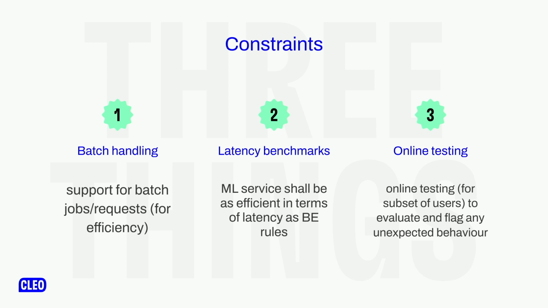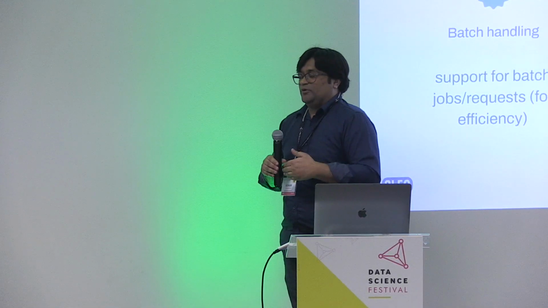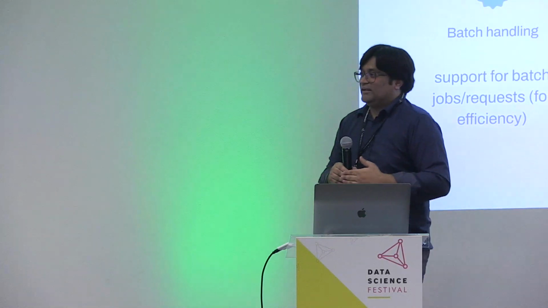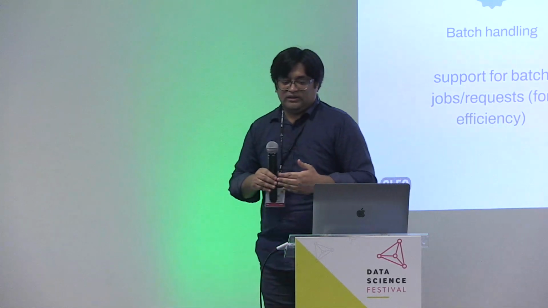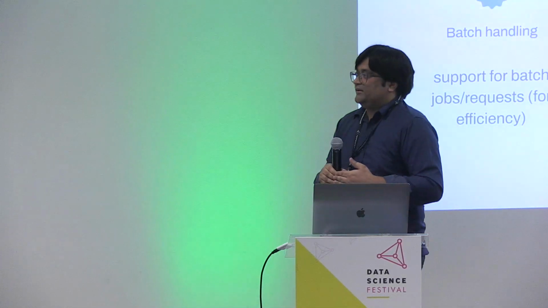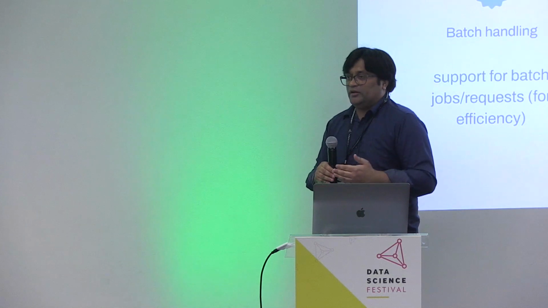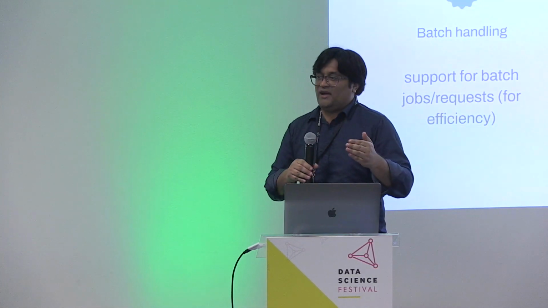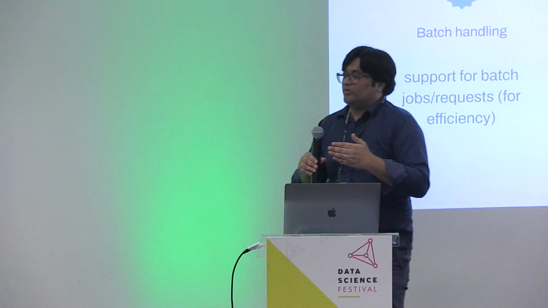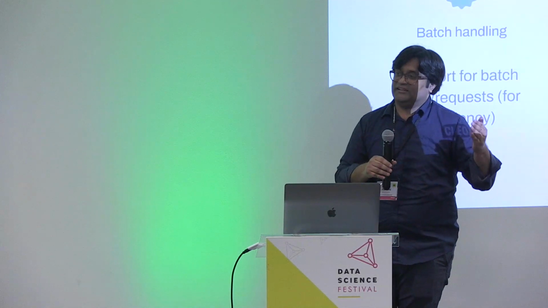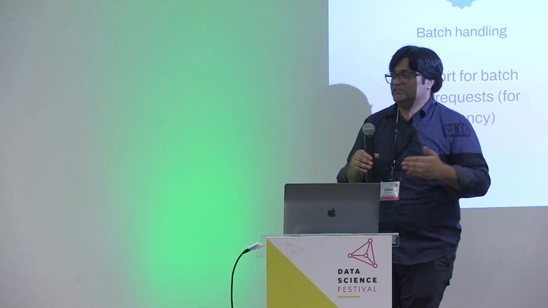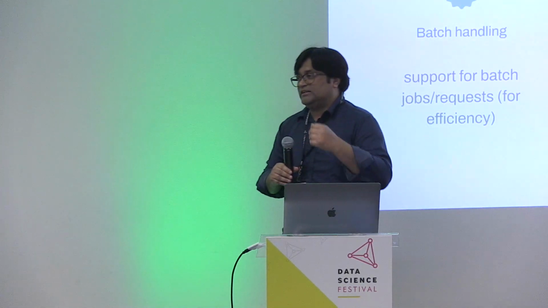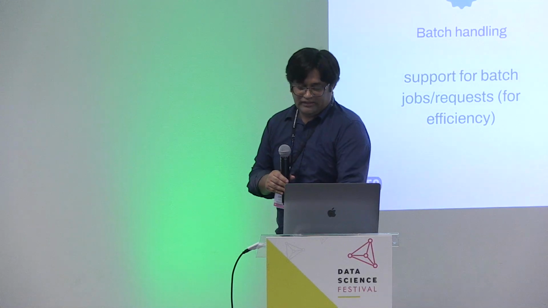And the last important bit is online testing. We want to gradually test this on certain users without promoting it straight away to all the users that we currently have. So we need a mechanism to do this online testing to evaluate and flag any unexpected behavior. It's also important to split these users, but also probably to have the accommodation to have different endpoints at the same time with different testing going on. So we have multiple endpoints that we are comparing against each other. So we need that factor as well.